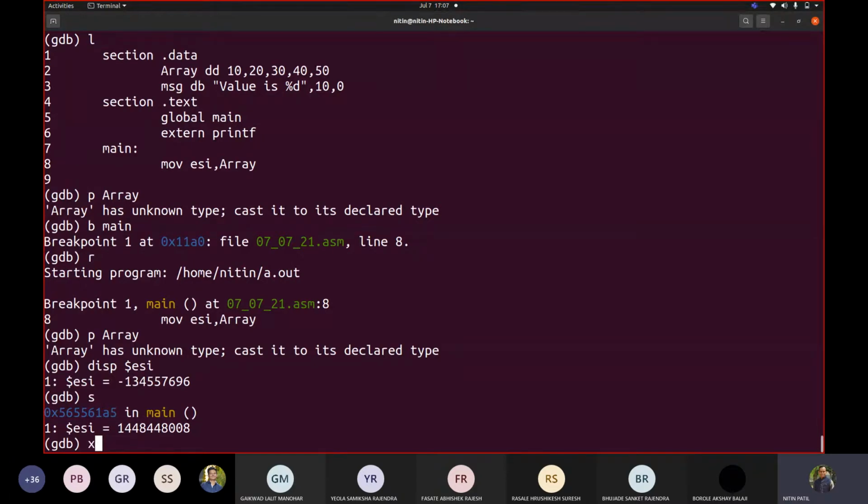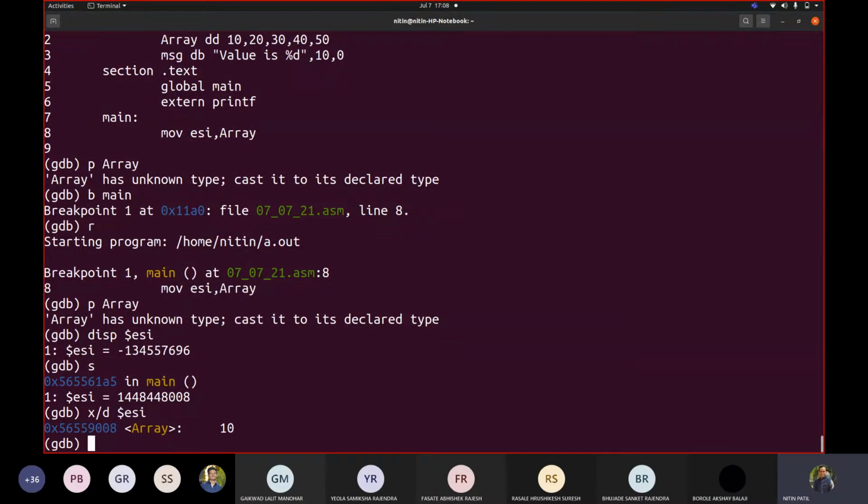If I want to display the value at that address in decimal form, you say examine x, and I want that value in decimal, so that's why you write here $ESI. Now when you do this, press enter.